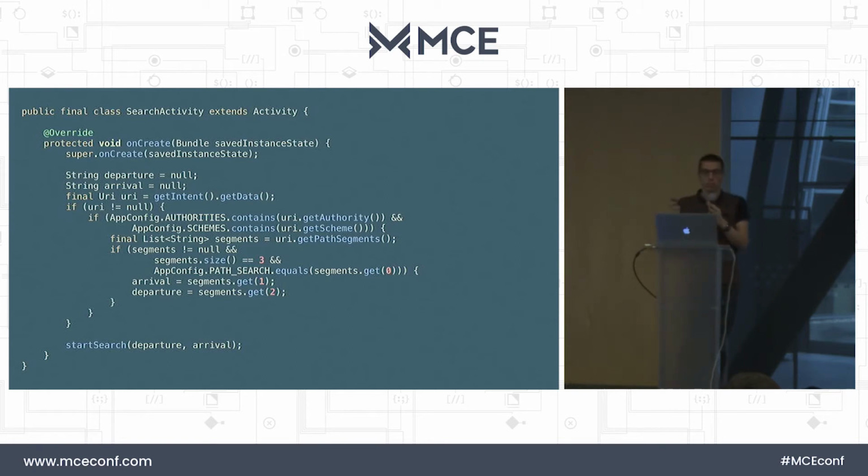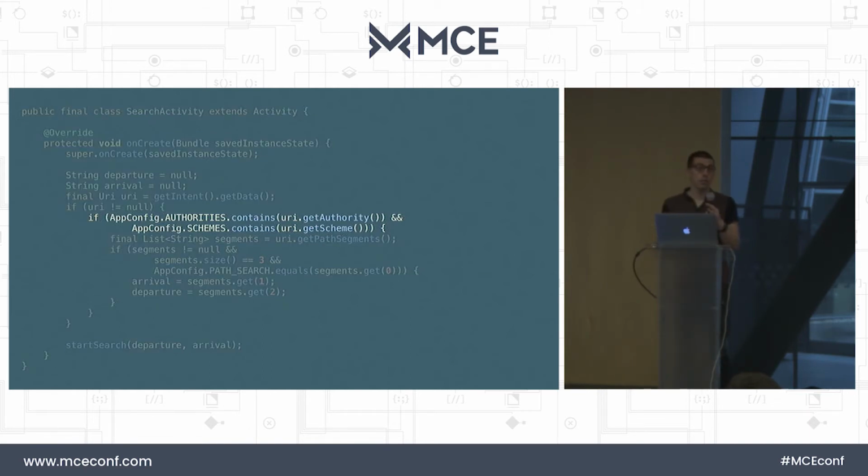So getIntent().getData() will give you the URL that was clicked. What we do here is first check if it matches the authorities and the schemes. Why do we do that? Because this activity could be started without clicking on a link too. So we need to deal with several ways of starting the activity: either by starting with a link or by just tapping on the icon on the launcher. So we first check that the authority and scheme are contained in the authorities and schemes